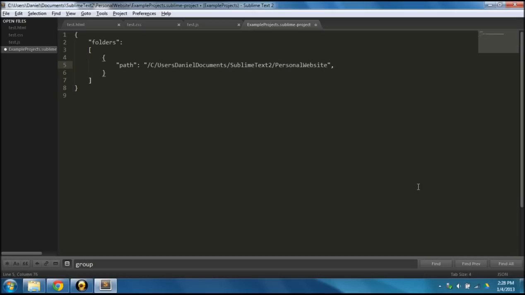This is not my real personal website. I'm waiting to get my own website host and such set up, and then I'll be using WordPress, but for now I'm just using that as an example. But anyway, this gives you the file path that you want to add to your project. And this must be a folder. If it's not a folder,